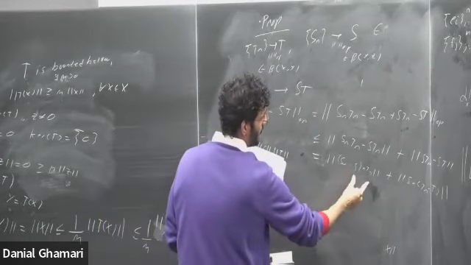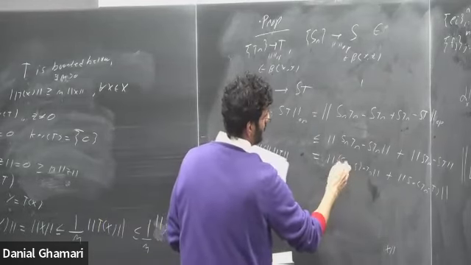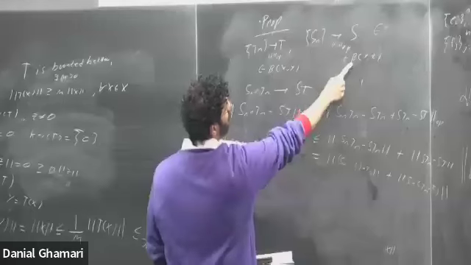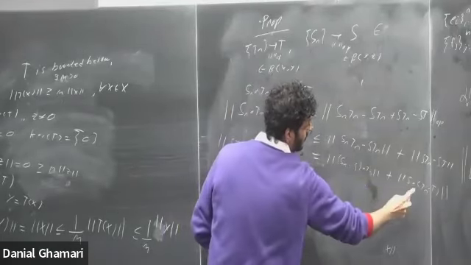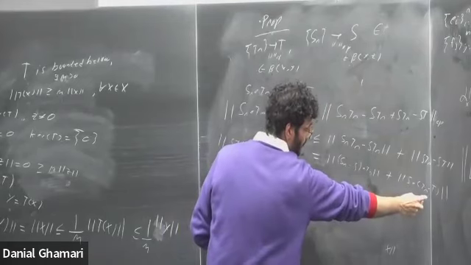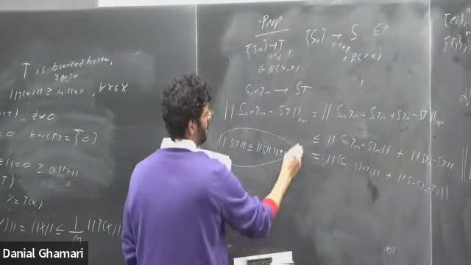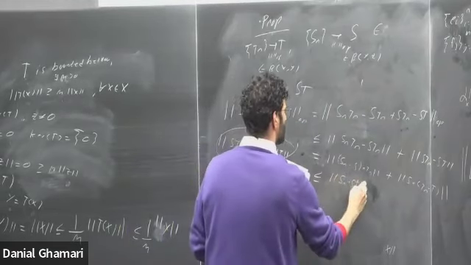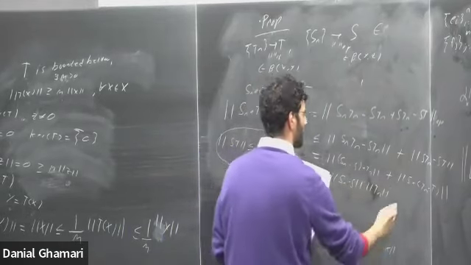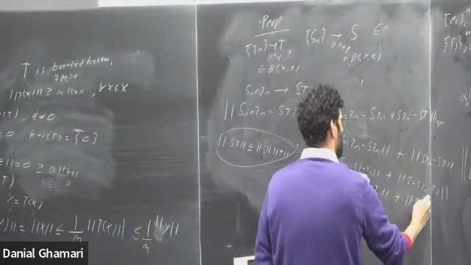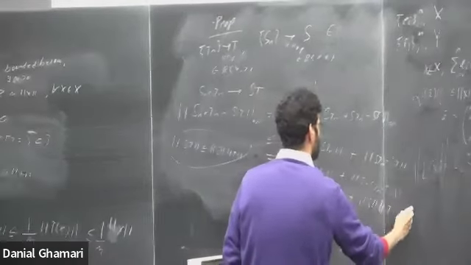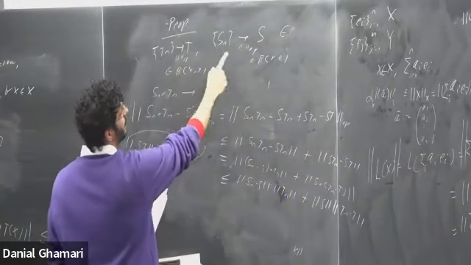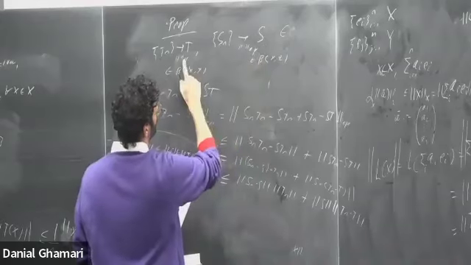Here I have two things that are bounded operators. Here, Sn minus s, both Sn and s by assumption are bounded linear operators, and Tn and T are assumed to both be bounded linear operators, and I use the submultiplicative definition here, where I can say this is bounded above by norm of Sn minus s times norm of t, plus norm of s times norm of Tn minus t. And what I have to assume is that Tn converges to T, and Sn converges to S in the operator norm sense.